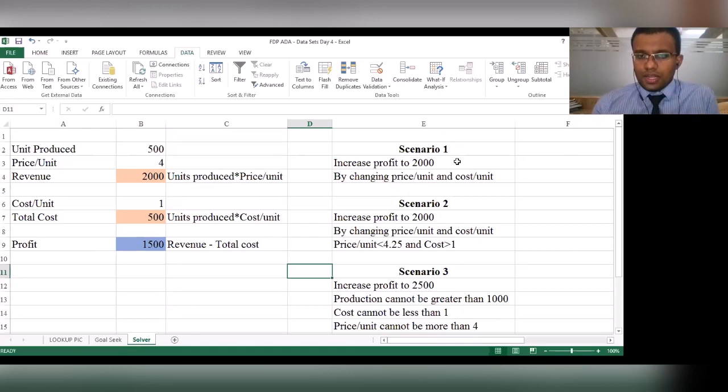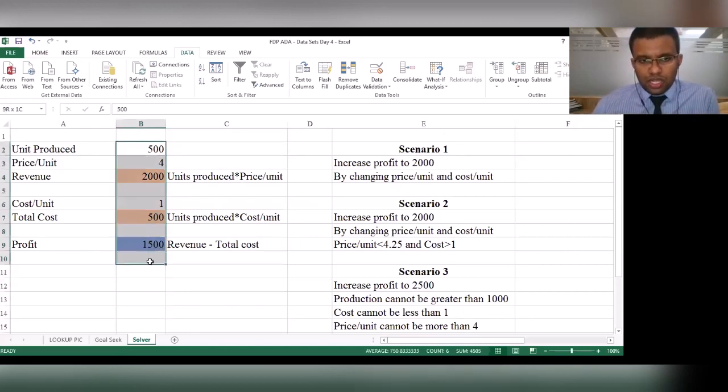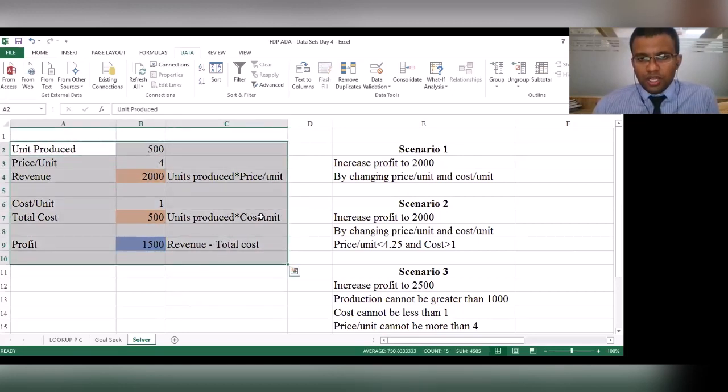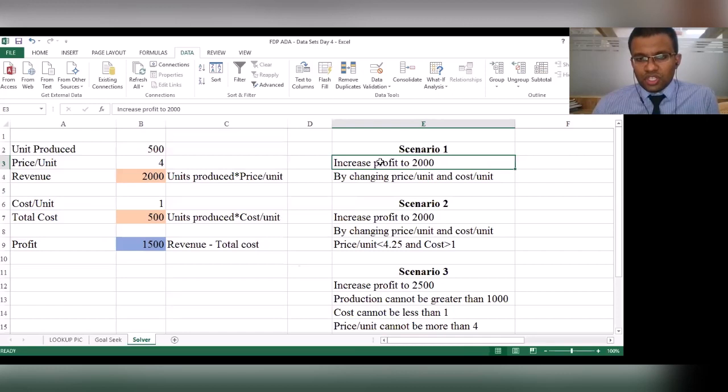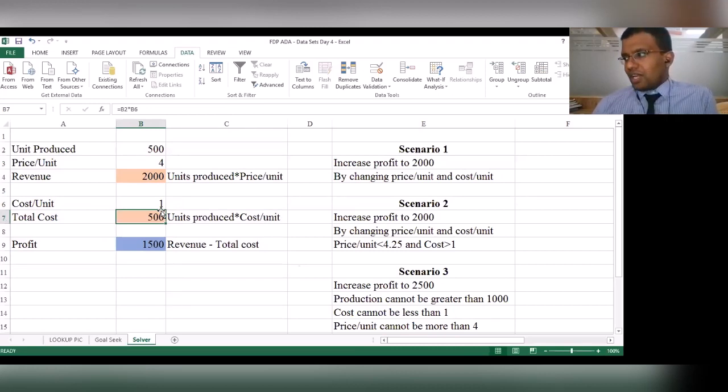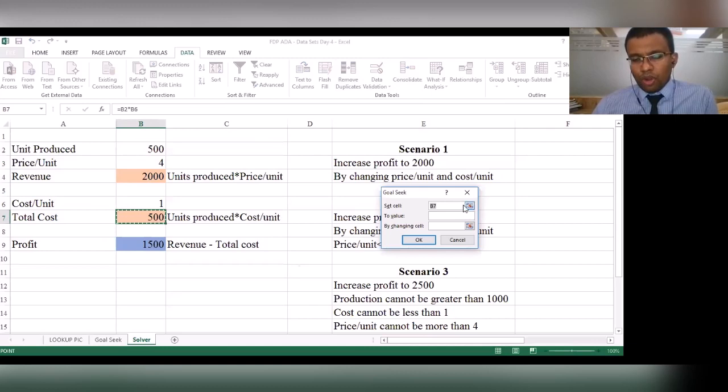I have picked up the same example, the same computation sheet from the previous one. But let's talk about the scenario here. I want a profit of 2,000. But this time, I'm willing to change my price per unit, and at the same time, I'm willing to change my cost per unit. If I were to use goal seek, it may not be an appropriate option for me,